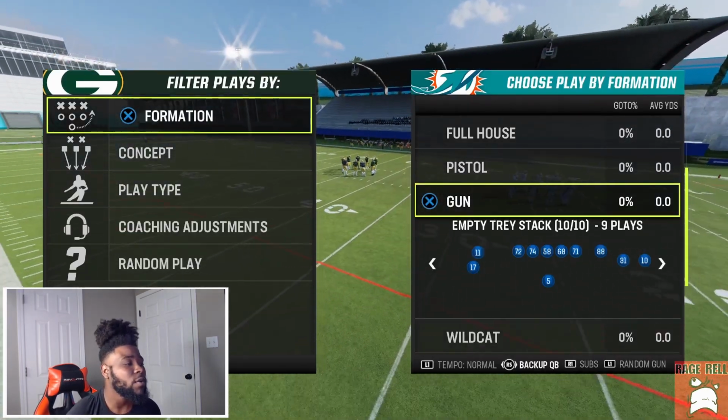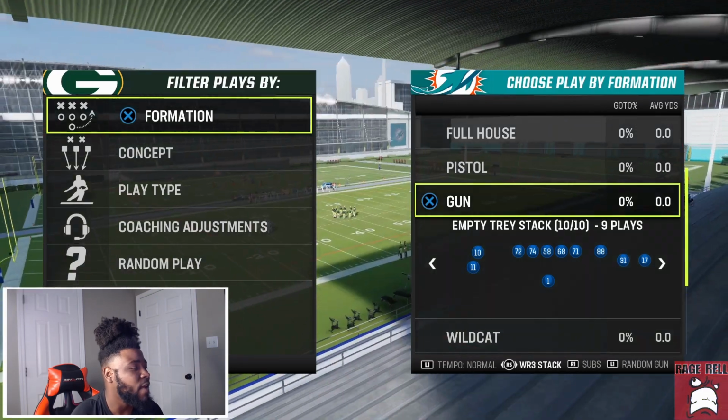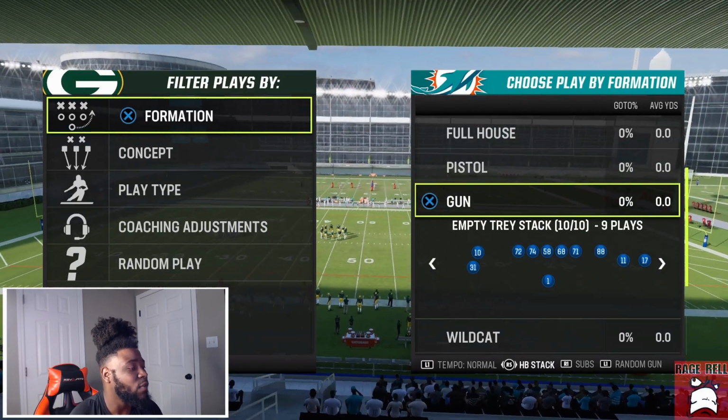So what we're going to do is first look through the packages. I just want you to be aware of what they have. They have this thing where it says Wide Receiver 3 Stack. They also have Tight End Flip, Halfback Stack. So if you have good halfbacks,